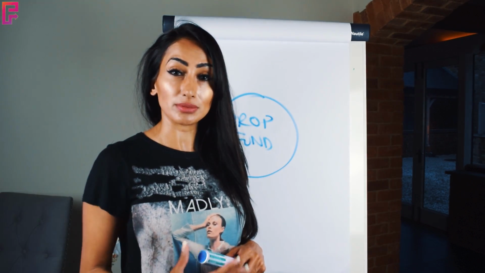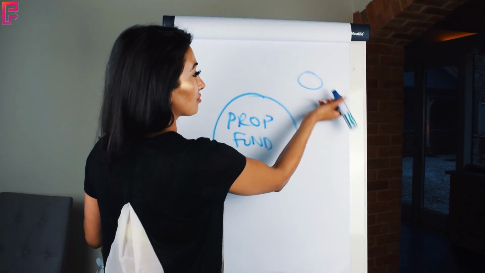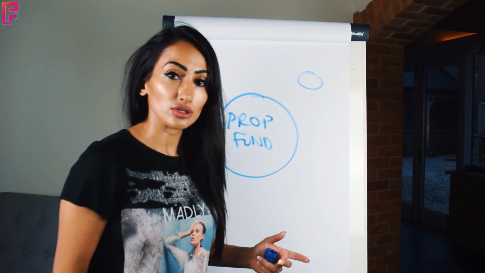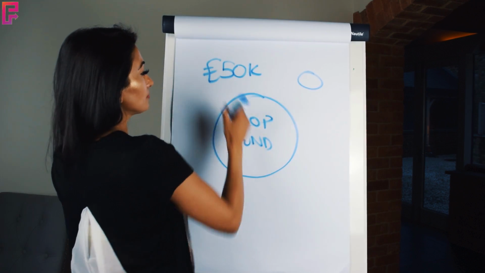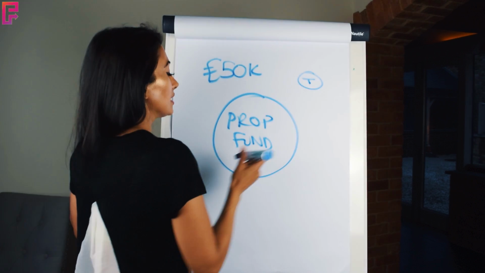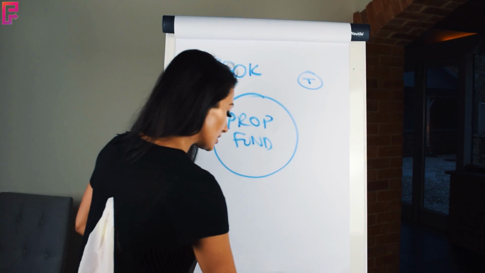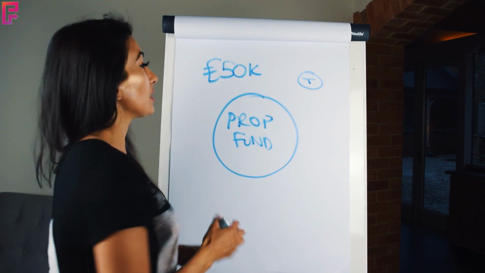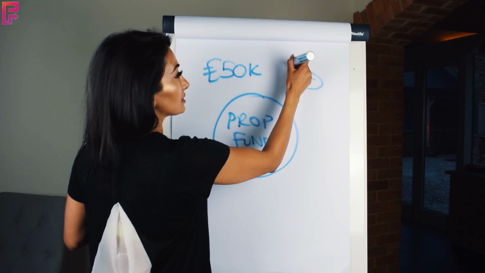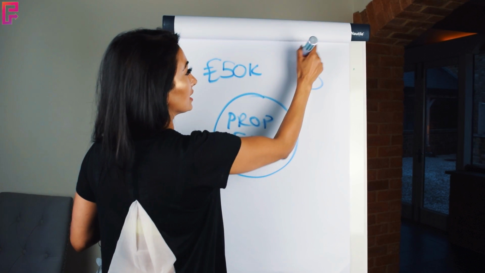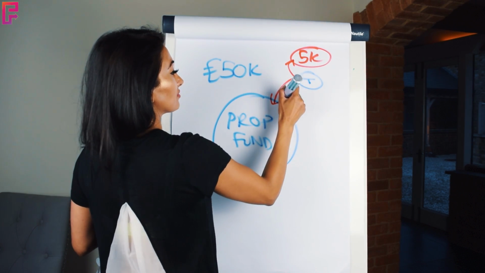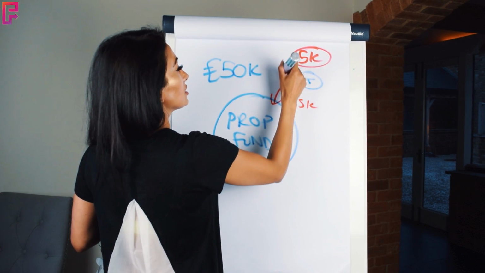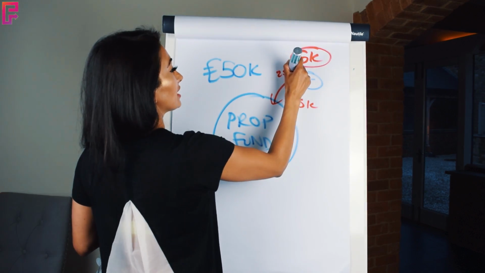So that's a very big factor, because this arrangement is simply that, let's say there's a trader that I have taught that's come through Fortune Academy and they're really good. I will start giving them a minimum of 50k. And this is a trader. What they will do is trade that prop fund. And how do I make money on this? Well, I will take 50%. Let's say you made 5k in your trades, okay? You take 50 and I will take 50. So I'll take 2.5k, you will take your 2.5k, if that's what you've made.